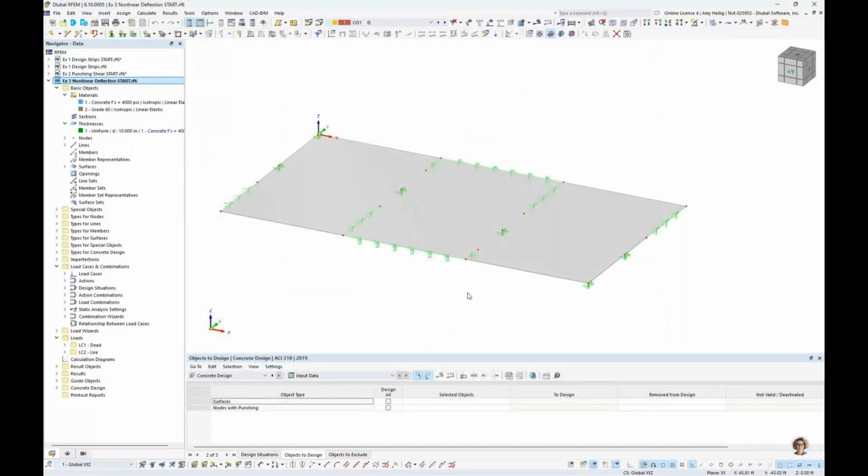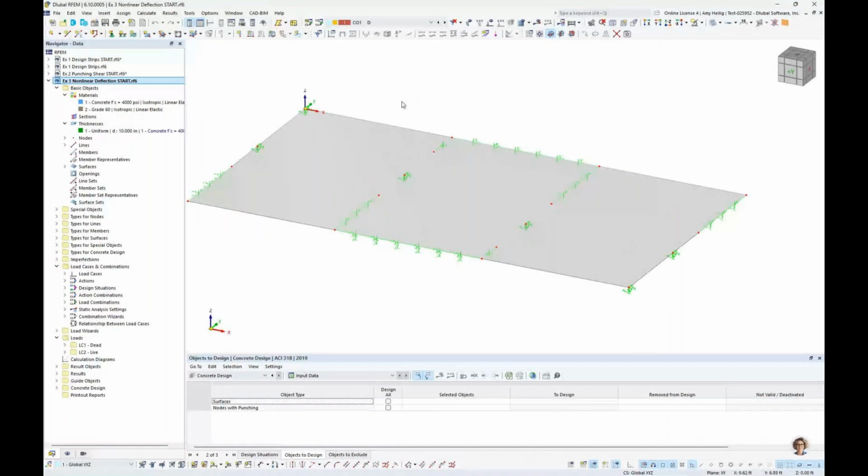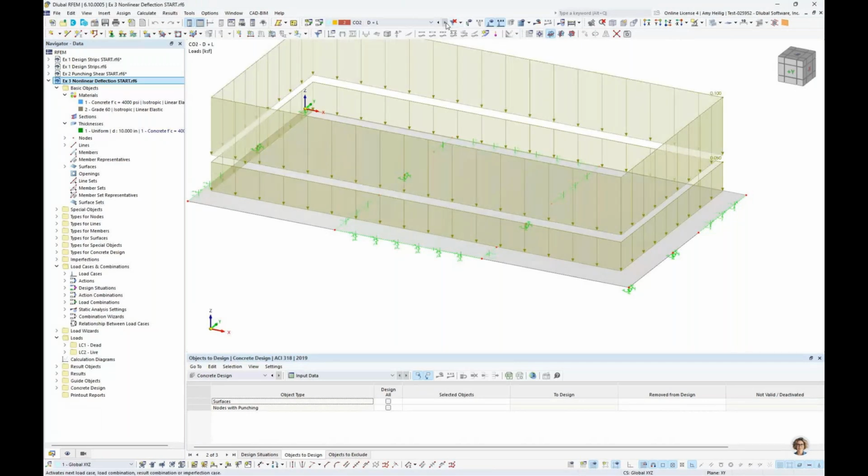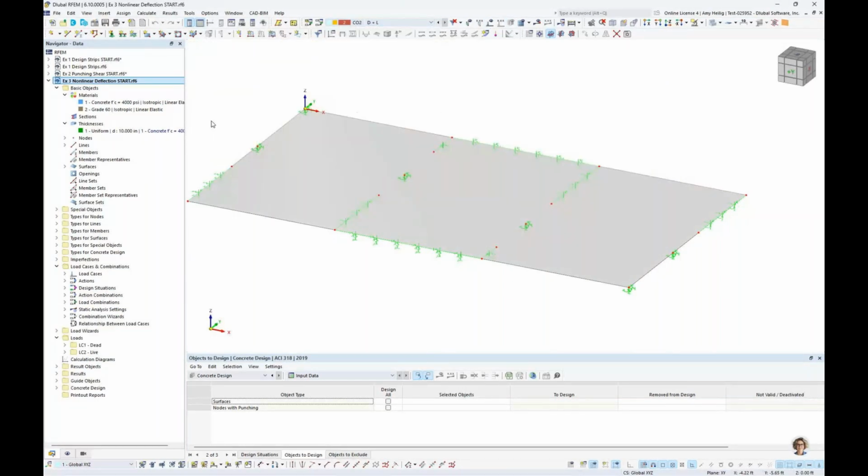Maybe just quickly to mention too, before we get into the materials, just quick loading. Again, this was identical to the previous example, just with a simple dead plus live load. We also have only the unfactored load combinations considered here for deflection checks. So now that we have activated the nonlinear material model, we're going to take a look at only